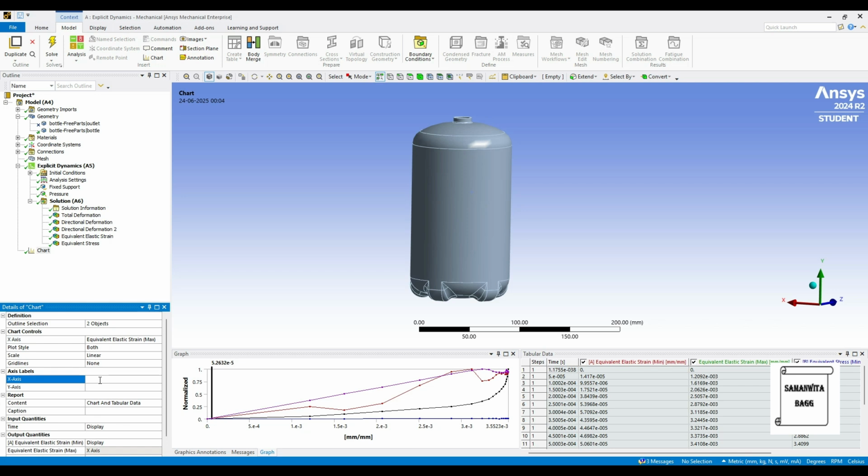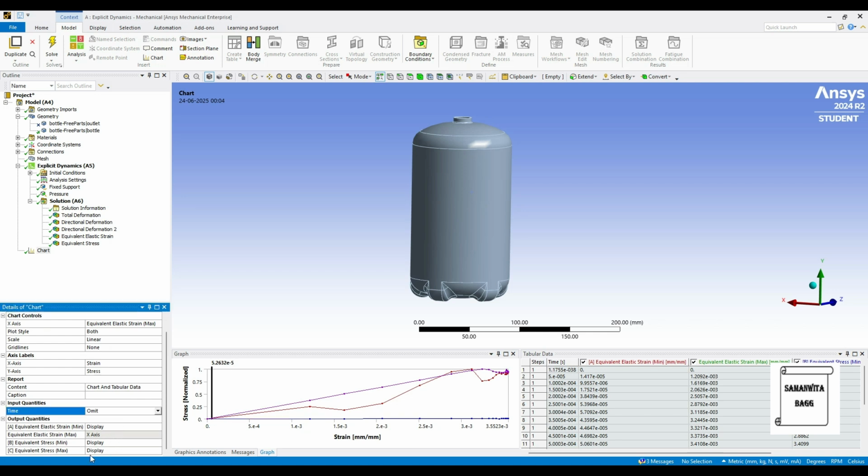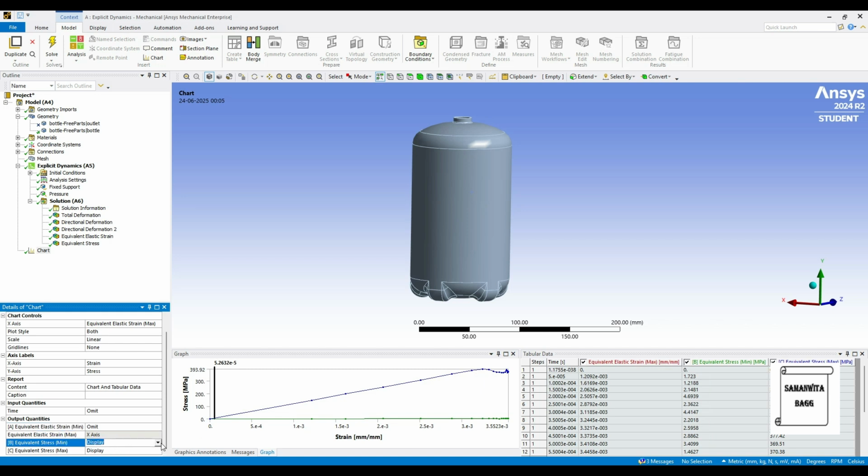Next on the x-axis label, I'll write here this is the strain. Y-axis is the stress. Time I don't want to see, so I'll omit. Then here display minimum I will omit because I don't want to see, and minimum stress also I don't want to see. So you can see here this is the graph of stress versus strain for this body given this